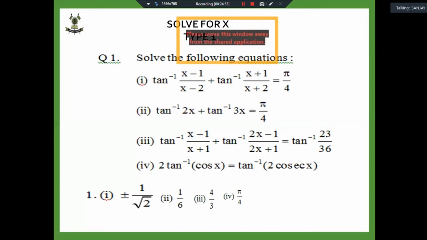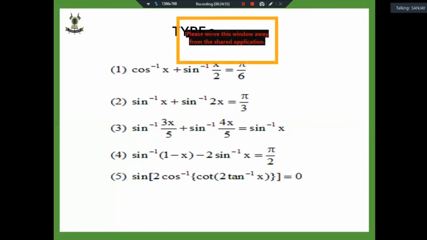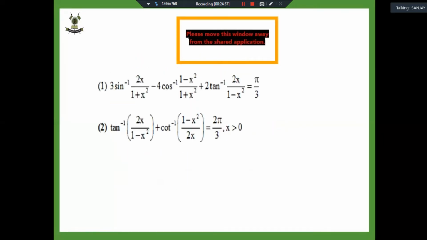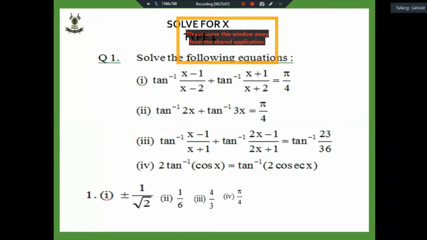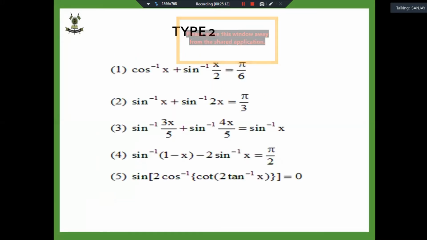Again, see, this is type 1, type 2 and this is type 3. In type 3, we have the same formula as tan inverse, but we cannot apply the formula because the angle has bigger terms. In type 1, we have small terms, so we can use tan inverse x plus tan inverse y, but in type 3, we cannot use this. So all the types have different methods. This type 2 is not in NCERT. Only the fourth question is given in NCERT, that is a question of the miscellaneous exercise. So this question came in the board exam this time.